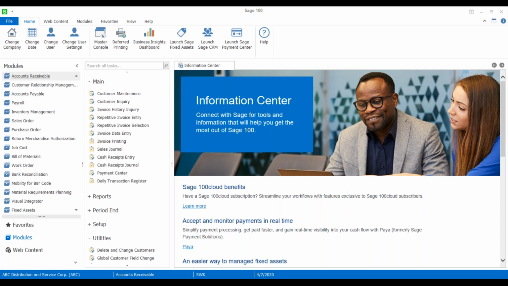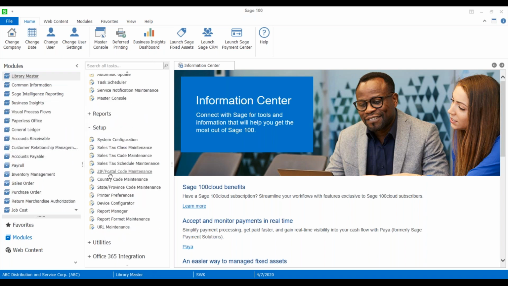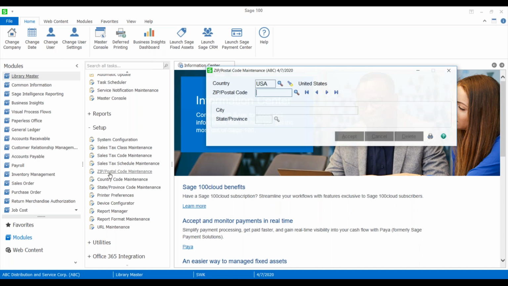You'll notice that in zip code maintenance, so if I go to Library Master, Setup, Zip and Postal Code Maintenance, you'll notice that the first item now is the country code. The country code used to be listed at the bottom. It's been moved above the address lines because the country code is needed to ensure that the correct city and state or province is entered based on the zip or postal code. So when you enter a zip or postal code in Sage100 and it returns the city, state, and country,